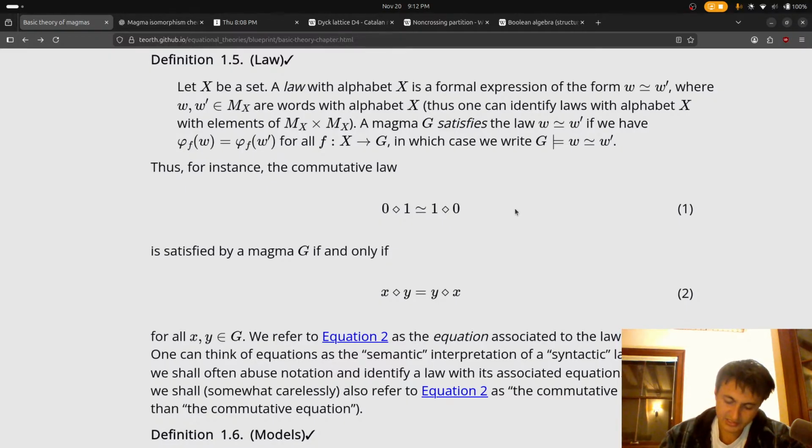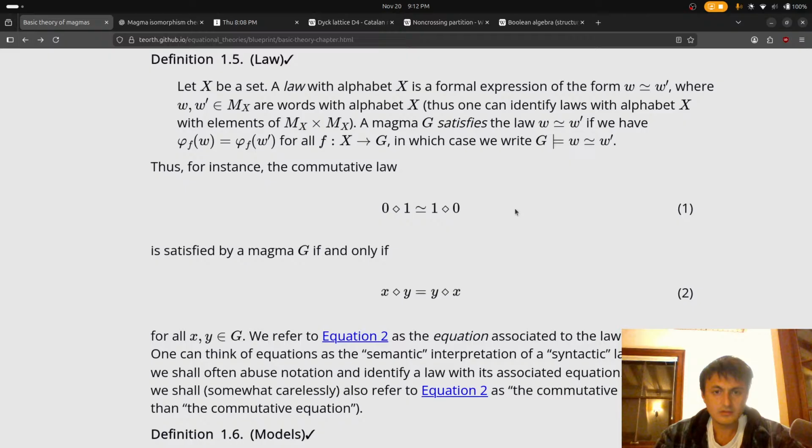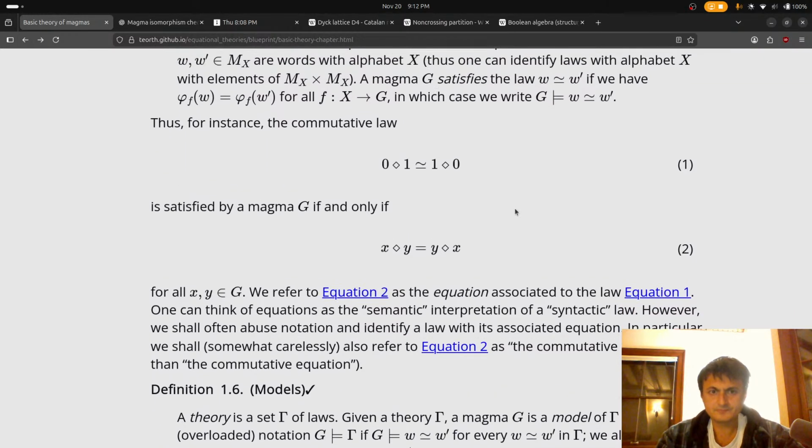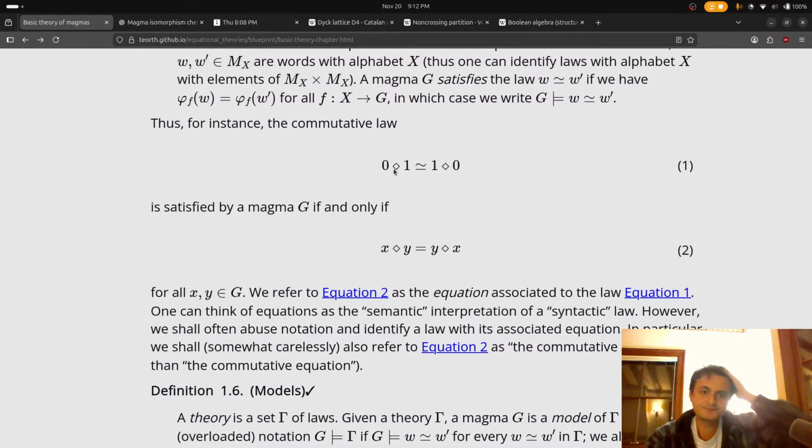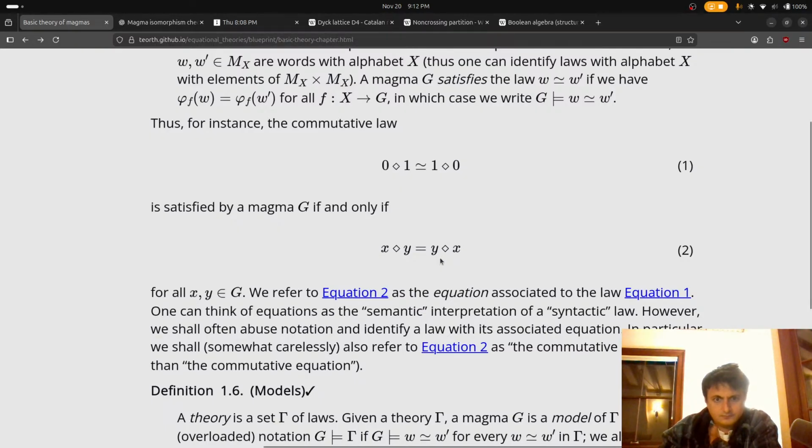I mean, this is just a single thing. I was going to do commutative as well, because commutative is nice, it's actually an order one law. Yeah, that makes sense.